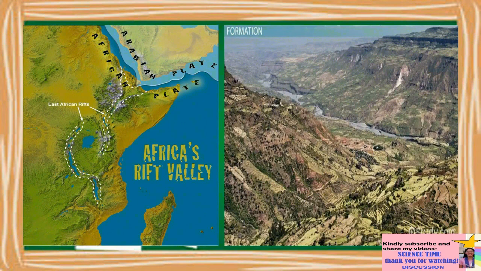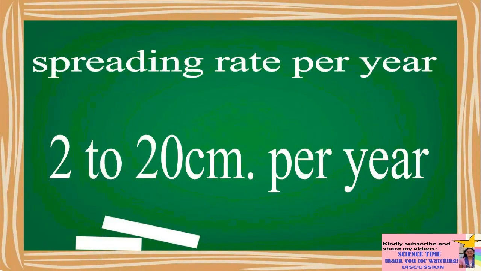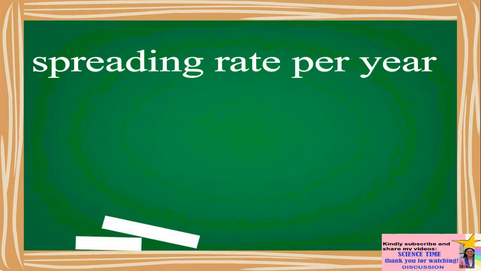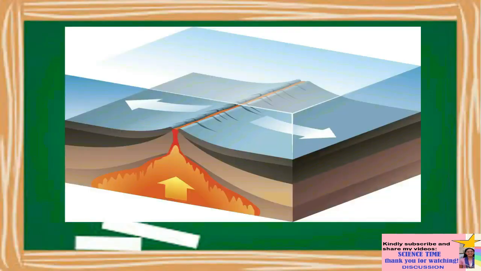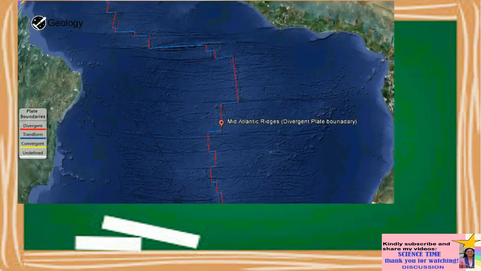The spreading rate of these ridges may vary from 2 to 20 centimeters per year. Although a very slow process, divergence of plates ensures a continuous supply of new materials from the mantle. The Mid-Atlantic Ocean Ridge is an example of spreading center which causes the divergence of the South American plate and